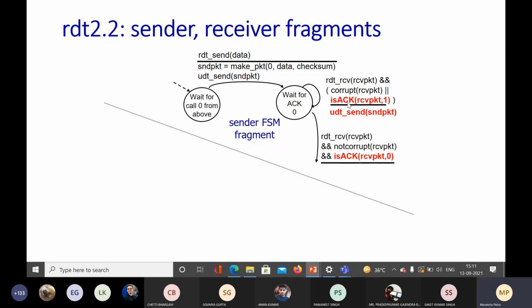All right. Now, think about the next parts of it. You can do it by yourself. That is, wait for call 1 from above and then wait for acknowledgement for packet number 1. Then you will realize that previously we had only two sequence numbers, 0 and 1. So previously packet number 1 was the one that was received, acknowledgement for packet number 1, right? So that is why, if we get a repeat or duplicate acknowledgement packet, that is, a packet with the same sequence number, then the sender gets to know that there is something wrong and it simply resends that packet. Okay,